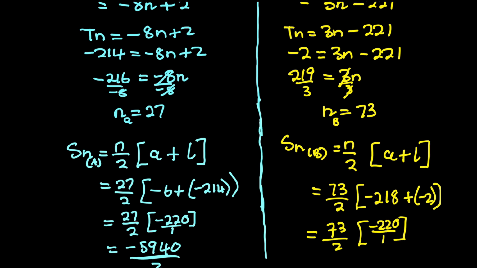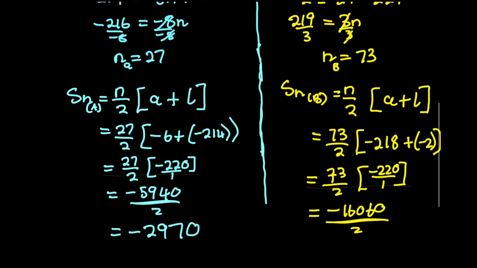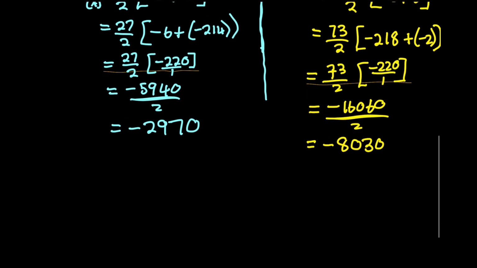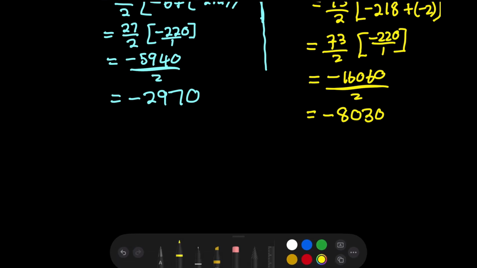Over 1. Okay, so negative 220 multiplied by 73, and I get negative 16,060. Here we are working with integers, so it won't hurt to use a calculator, just to have an idea. These are big numbers, as you can see, so you can just punch them into the calculator. Okay, so now I got the sum of